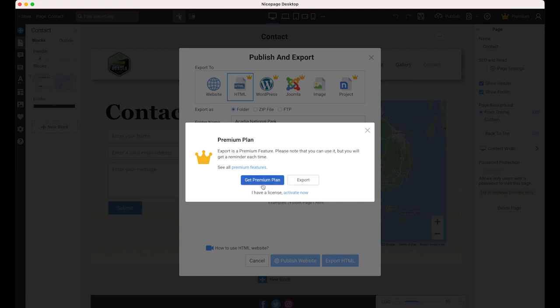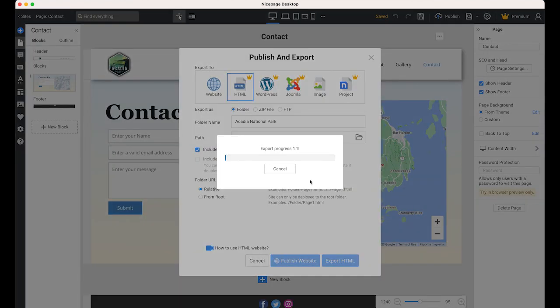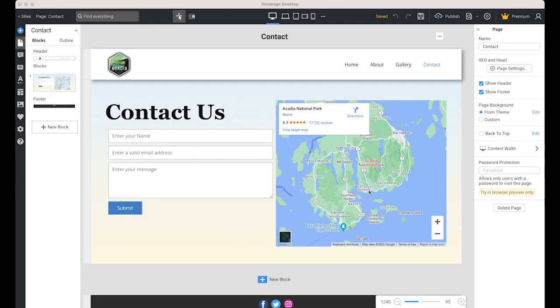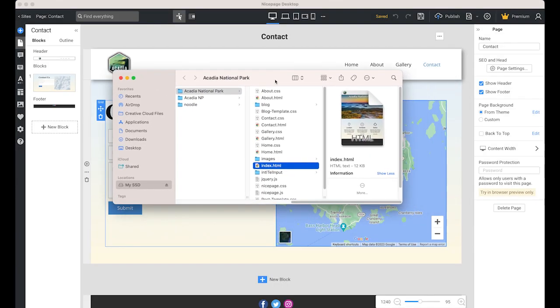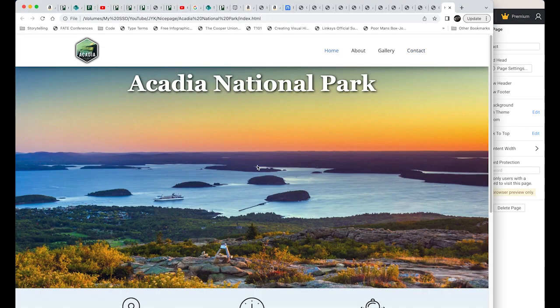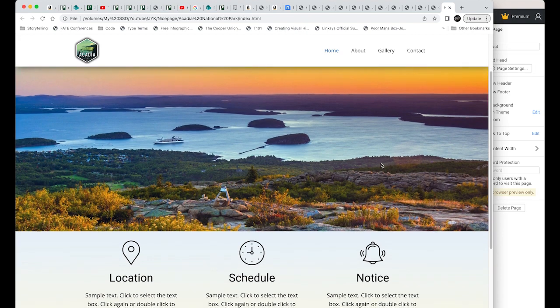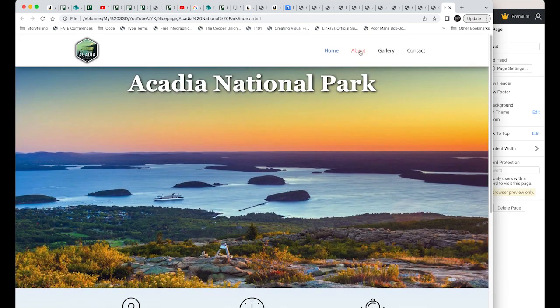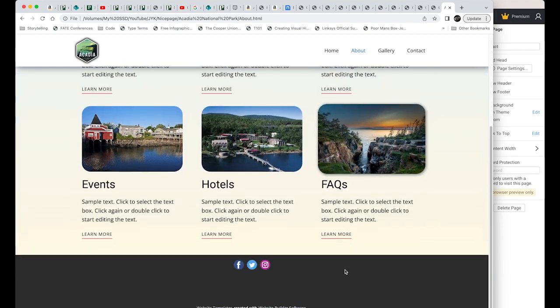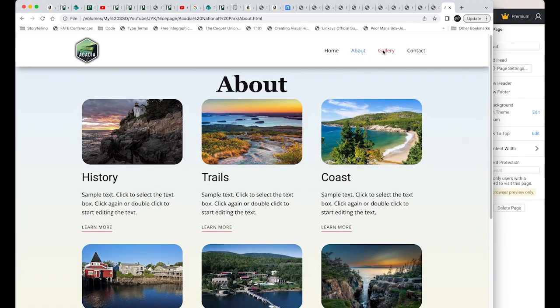If you want, you can purchase it, but let me just export it. Say OK. Then it's beautiful. It creates your root folder automatically and index.html, which is the home page. So double click and let's see how it works. So this is my home page. I can scroll down. I can jump to the about page. See, everything's working fine. Scroll up and down, and the gallery page,